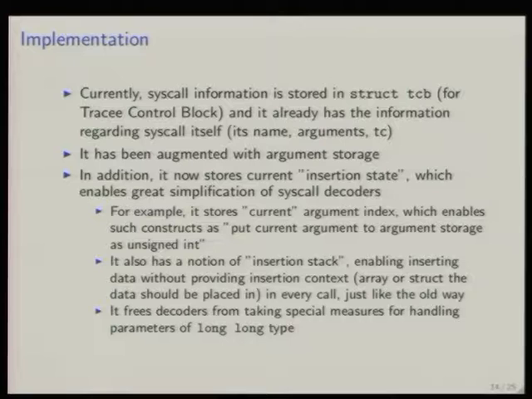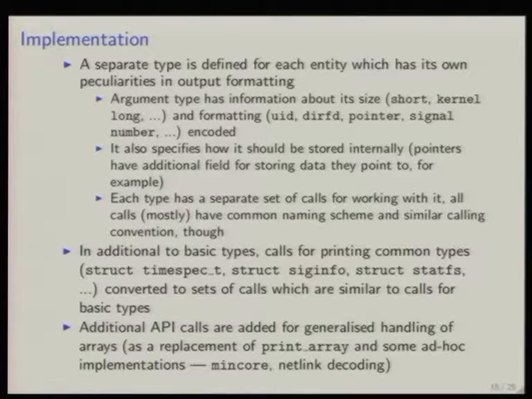So when you're trying to print this argument, you should handle this fact somehow and calculate the number of the next argument depending on the architecture, at least in code. So what this internal representation does is basically enable storing each entity which has its own peculiarities in printing